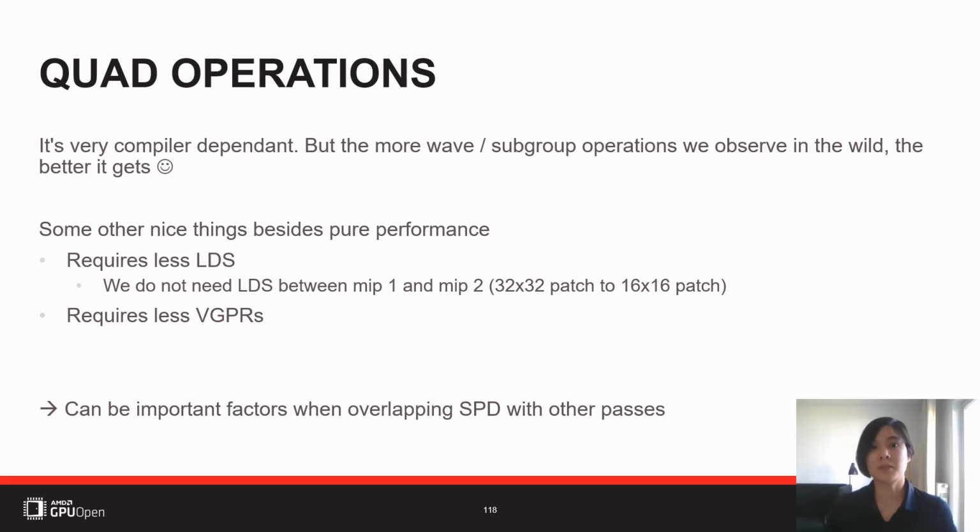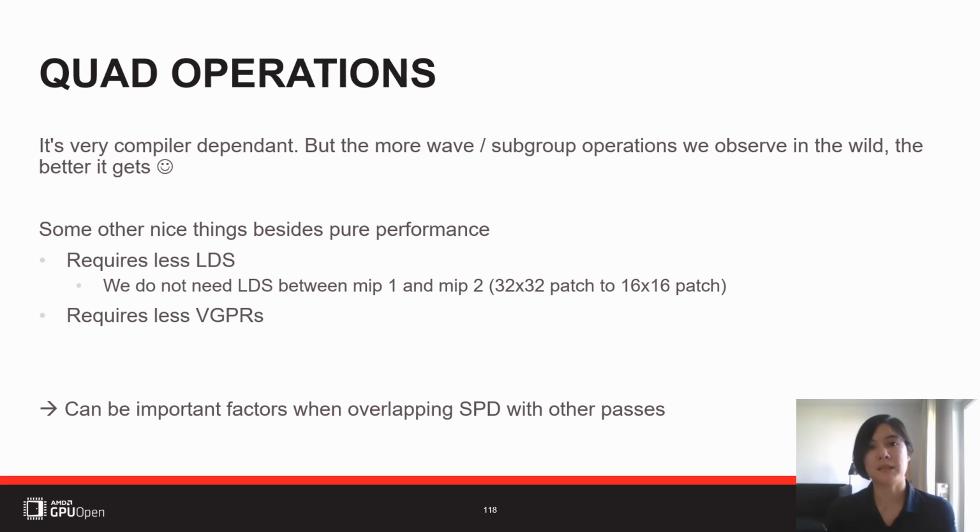But that's not all. This was just about the performance if you look at the single shader. But usually the shaders are in an environment, they can overlap with other shaders, and then not only the pure performance is important, but also other properties like LDS. How much LDS is the shader using? Remember, not only on compute shaders are you explicitly using local data share, but local data share is also used by pixel shaders. So if you're overlapping compute shaders and pixel shaders, and the compute shader is using local data share, then it's accessing resources which are also needed for the pixel shader.